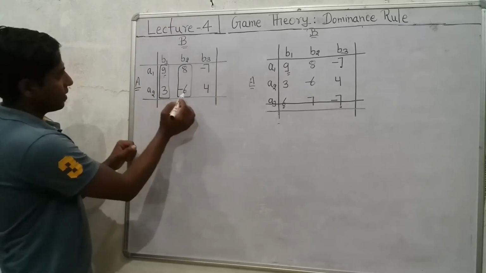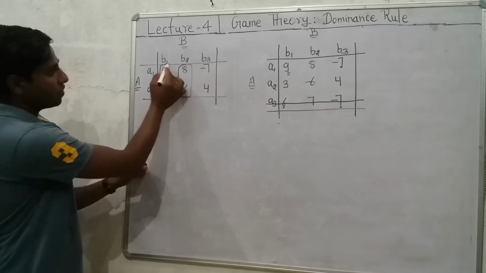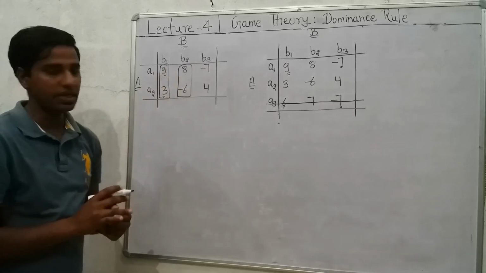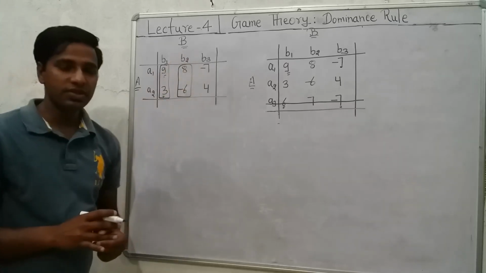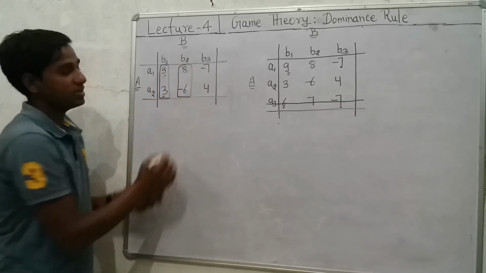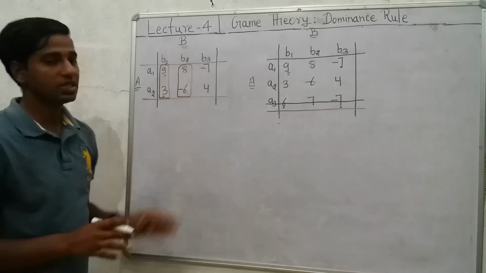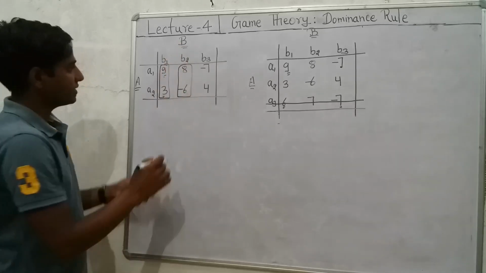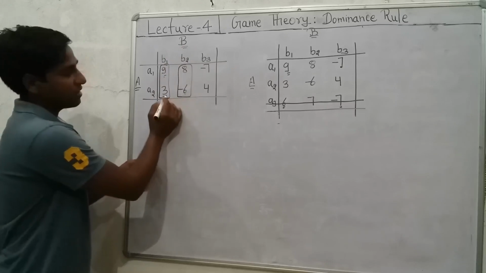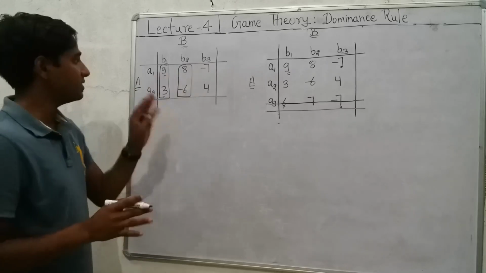Similarly, we are looking at the second element. In the case of B1, the second element is 3. It means B is losing 3% of market share. And in the case of B2, the second element is -6. It means company B is gaining 6% of market share. So we can say that -6 is better than 3 and 8 is better than 9. And why is 8 better than 9?